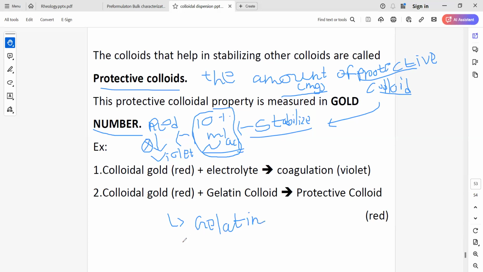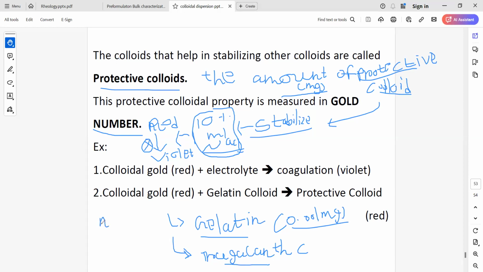And because this MCQ has been asked in a previous year's GPAT question paper, right? Gelatin is the strongest and Tragacanth is the weakest protective colloid. Okay, because the amount required for gelatin is something around 0.001 milligram. Okay, which is a very small amount. And for Tragacanth, it's around, I think, 10 or something, right? Exactly, I'm not able to recall the number, but its amount is somewhat higher as compared to all other